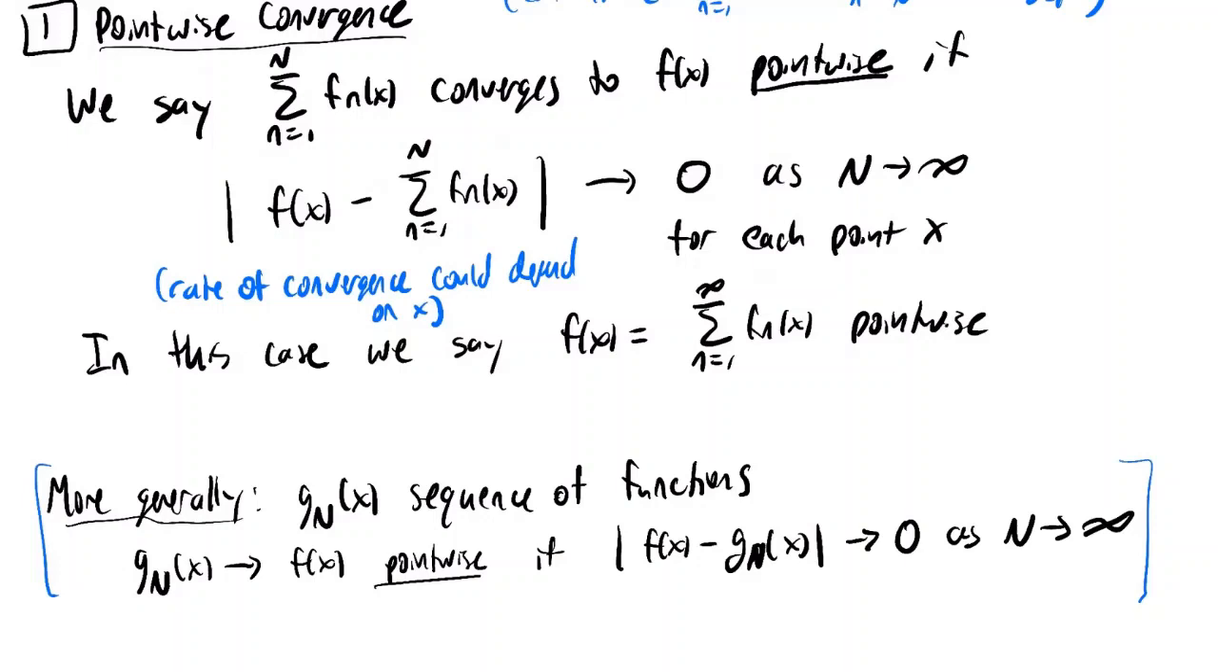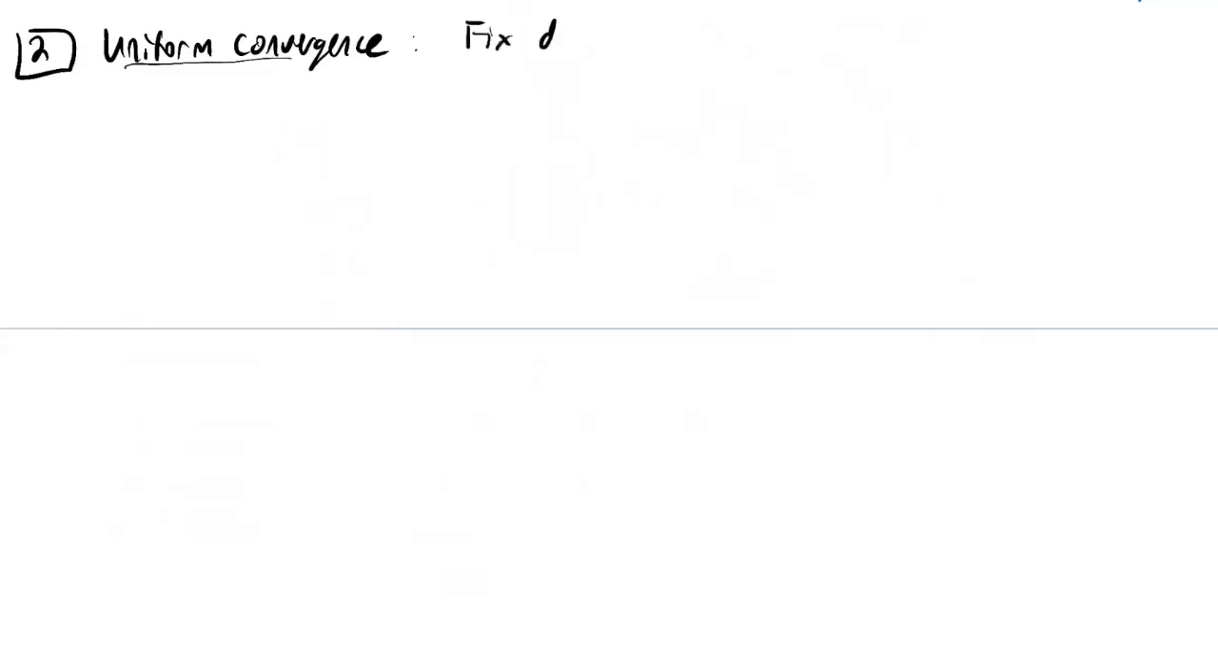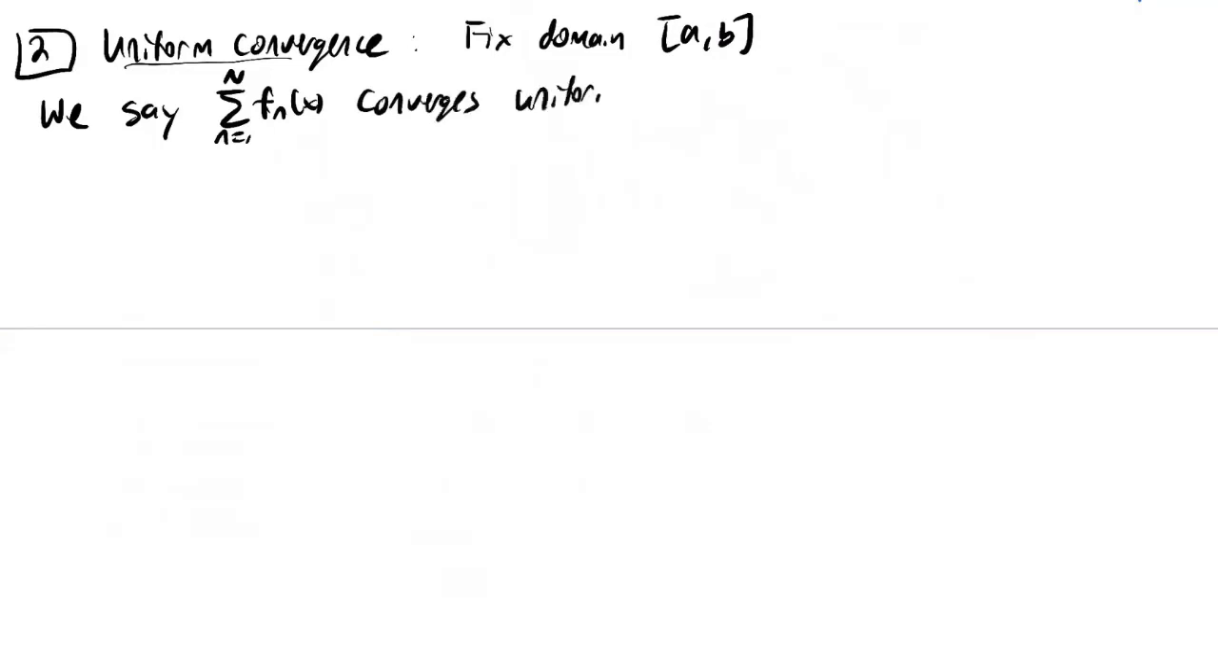So the next notion of convergence is a stronger notion of convergence, which is called uniform convergence. Right, and so in this case, we have to fix a finite domain. So let's say a fixed domain, say a to b, some finite closed interval. Right, and so we say that this sum from n equals 1 to capital N of our sequence of functions fn of x converges uniformly to f of x on this domain